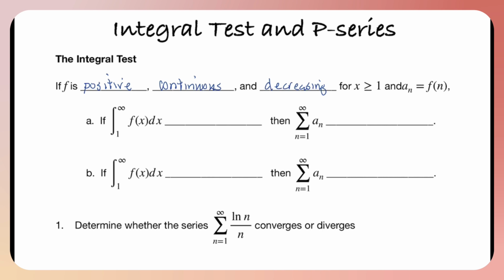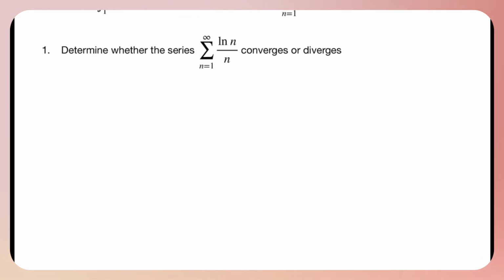could say that if the integral from 1 to infinity of f of x dx converges, therefore the summation of n equals 1 to infinity of a sub n also converges. Likewise, if the infinite integral diverges, the series diverges as well. So integral converges, series converges. Integral diverges, series diverges. So how you do this, first you'll let f of x equal the natural log of